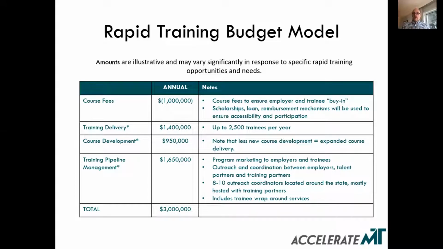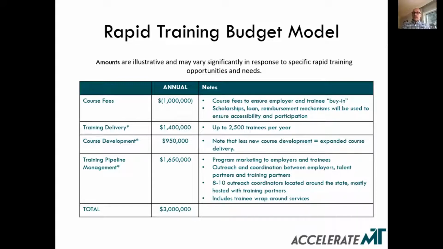Or there might be a location where the economics of delivering that course might typically require 10 students to be in the course to make it kind of cover its costs. But if we've got, like on the previous slide, 6 or 8 trainees wanting to take it and employers that want to hire them, we should get that done, right? So we can provide some funding to that college to cover the funding gap that they would have on executing that training program. So that's how we would see funds being deployed to deliver courses. We'd also see funds being deployed essentially as sort of scholarship monies.